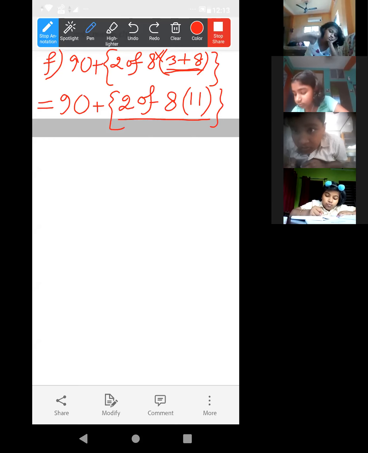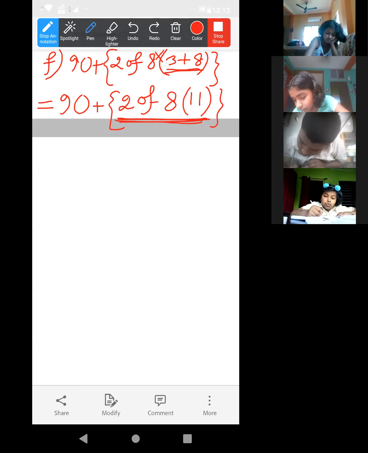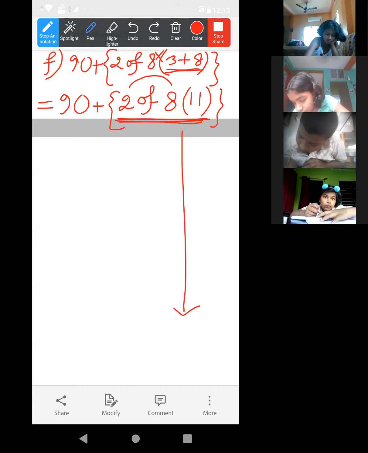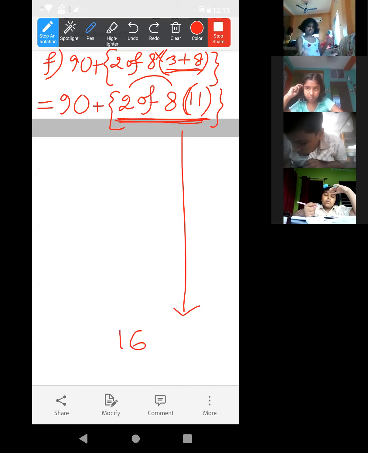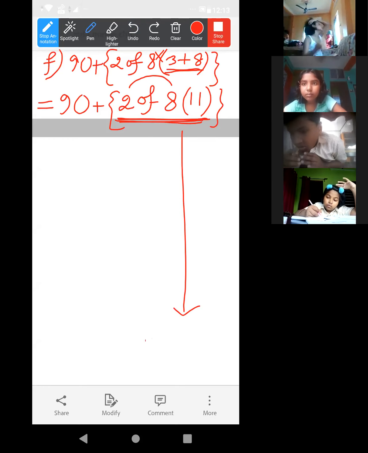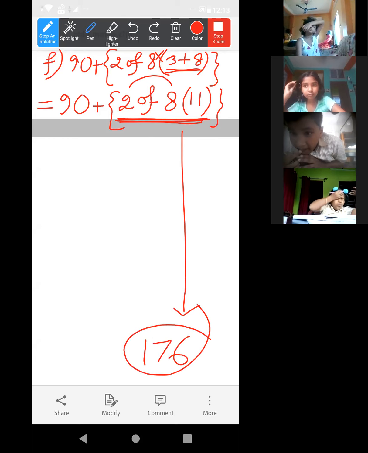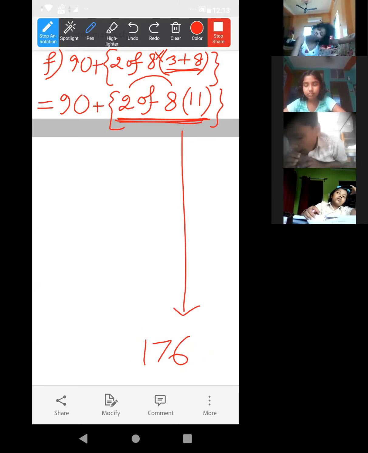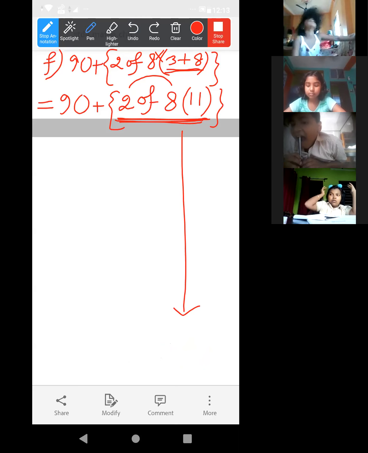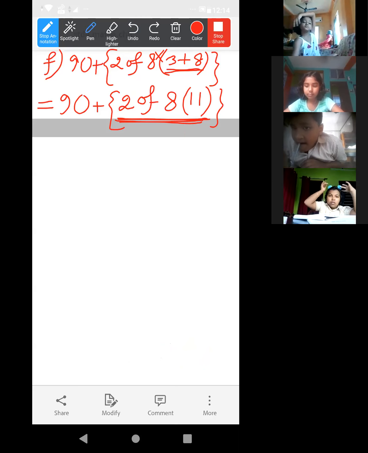Now directly you can find out this one. The second bracket calculation, what is that? 8 of 2 means 16 into 11, the first bracket. Yes, no? So directly 16 into 11 means 176. So directly you can write, basically all are multiplication. Now of also means multiplication. This bracket means multiplication. So just directly you can write 176.